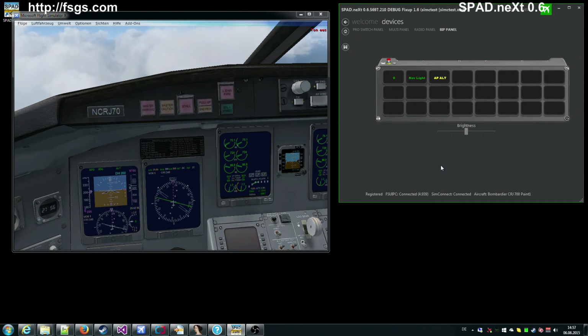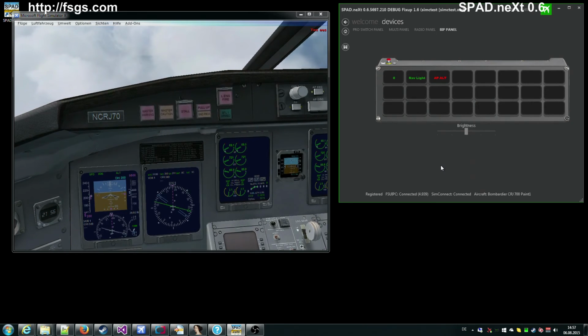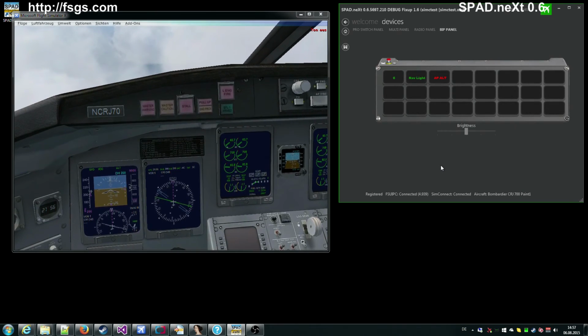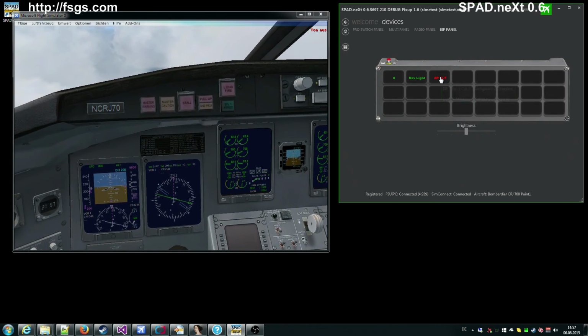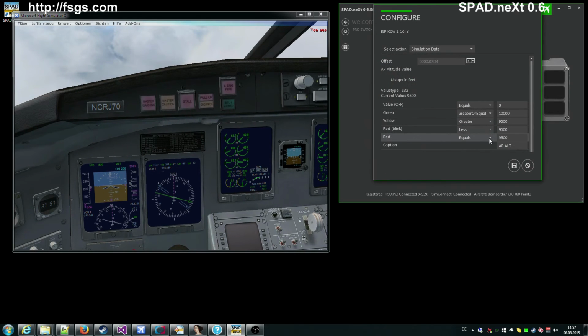So we move a bit more down to 9,500. Turned red already, because again red said it